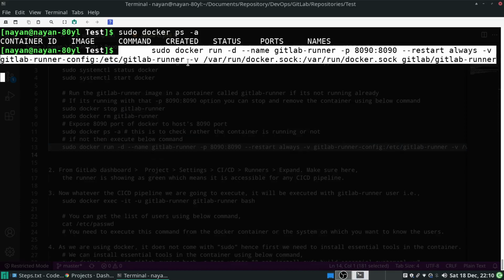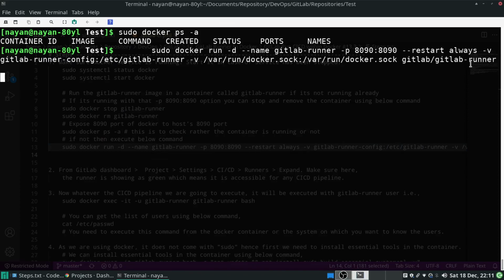Again -v means we want to map the Docker GitLab runner image container's /var/run/docker.sock file to the host's /var/run/docker.sock file. And finally, we want to run this GitLab runner image in a container. Okay, so this is the meaning of this entire command.